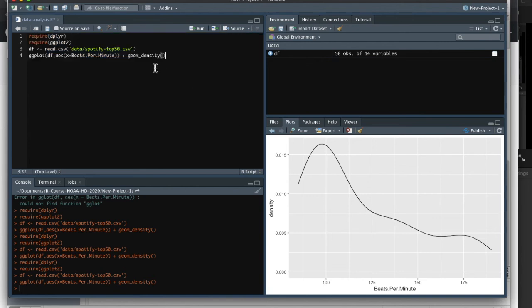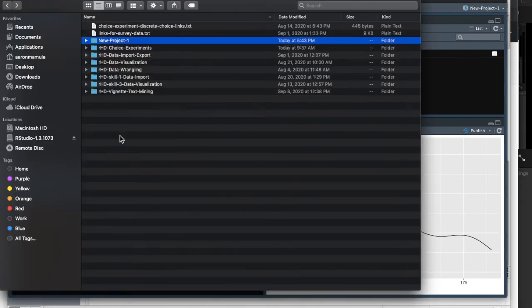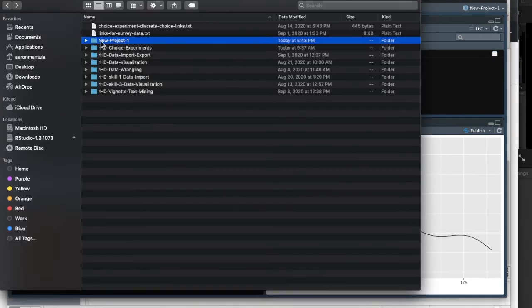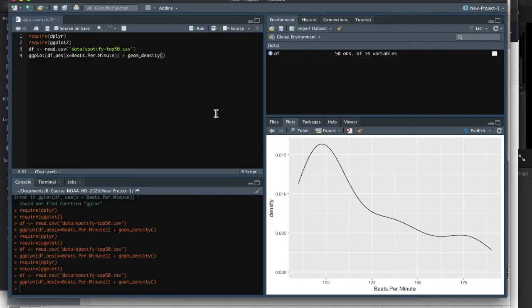And so if I had this project and I wanted to share it with a collaborator, everything that they would need in order to reproduce what's done here, and then hopefully add some interesting features to the analysis, exists in a single location. And so I can send this off as a zip file or some other format and ship it off to a colleague, and they can drop it into their own RStudio project in their local version of RStudio and just start working on it. And I'll add to that